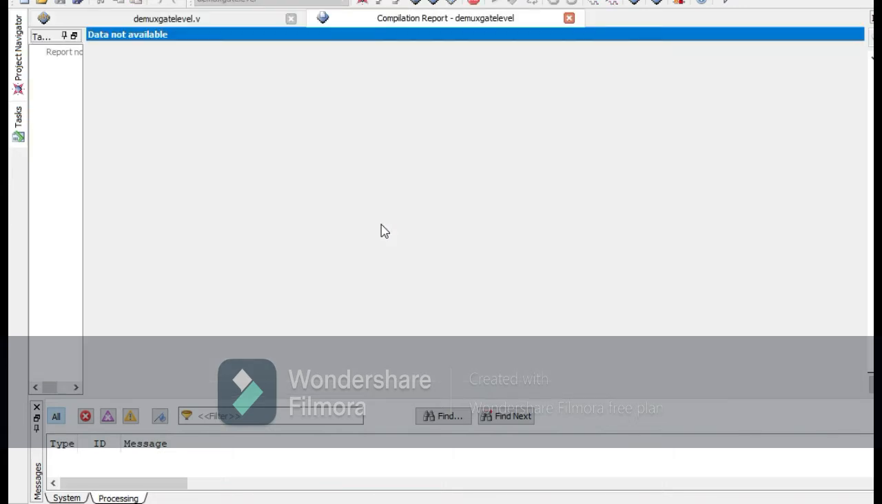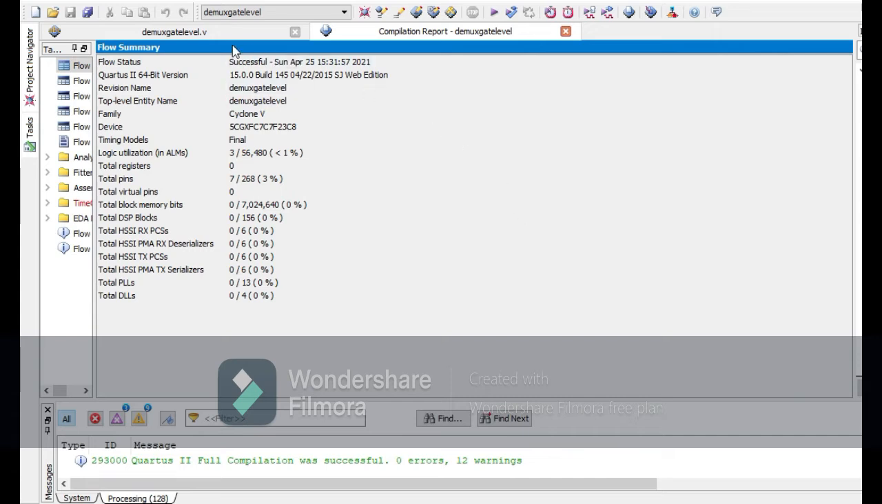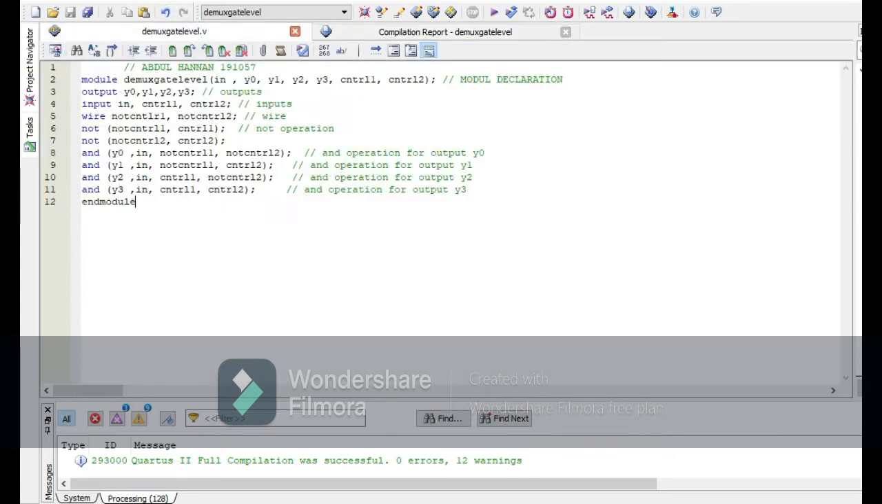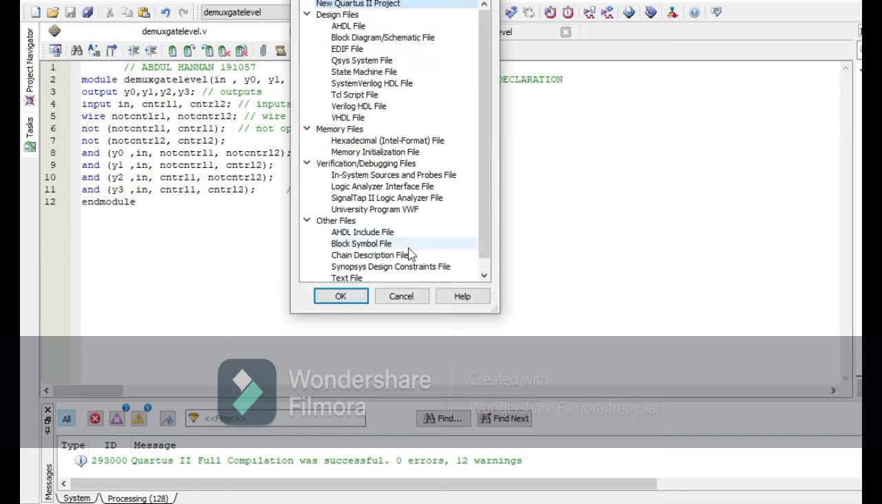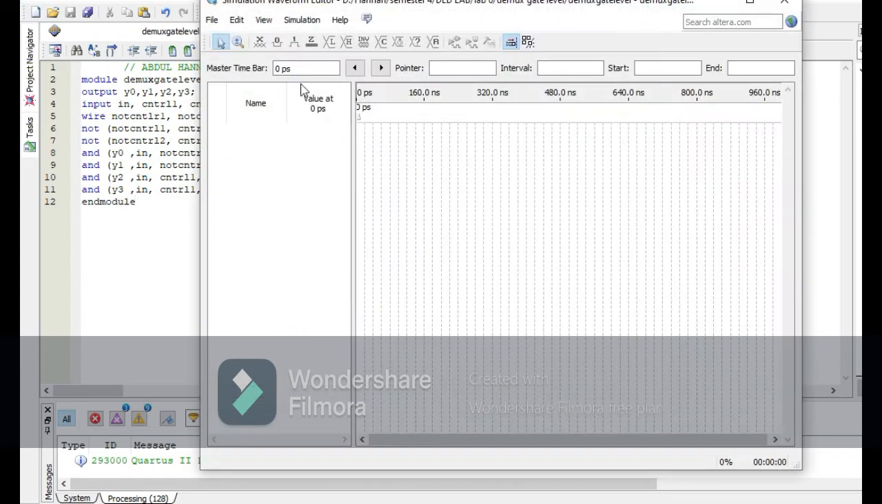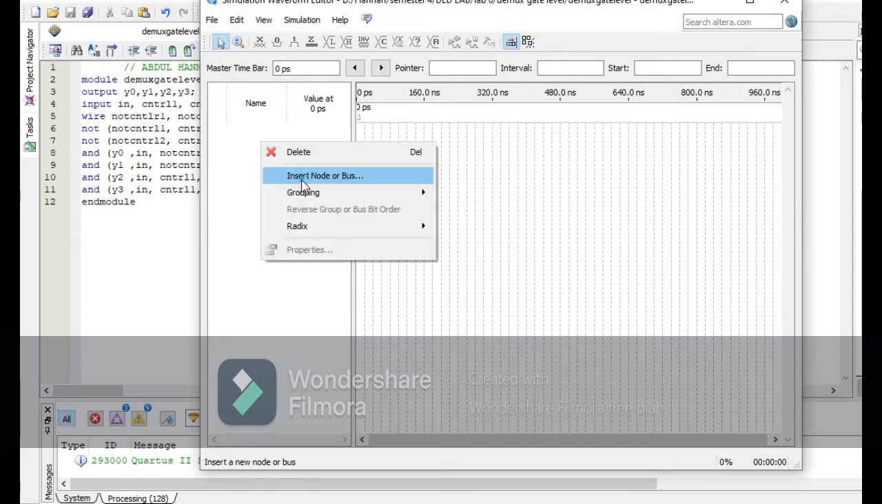Here the simulation starts. We have to wait a few minutes to complete this simulation. Now our compilation for the DEMUX is complete. Now we have to make the waveform, and here we have to give the inputs to the